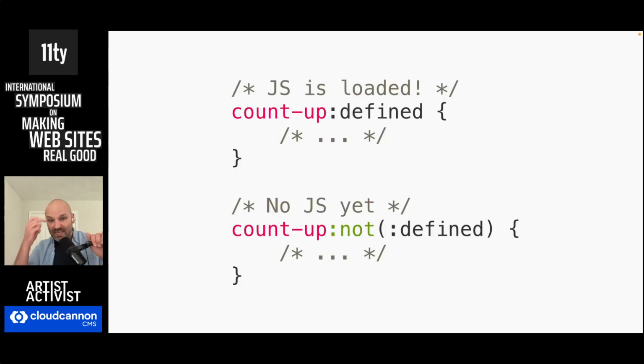You can even use CSS to detect when the JavaScript is ready with the defined pseudo class. And if you combine it with the not pseudo class, you can also detect when your JavaScript for that component is not ready. So if you've ever written a DOM manipulation library before and you've done something like add a class to the document or the body element, that way you can modify your styling depending on whether the library has loaded or not. You don't have to do that anymore. Web components provide a built-in way to detect that using the defined pseudo class.